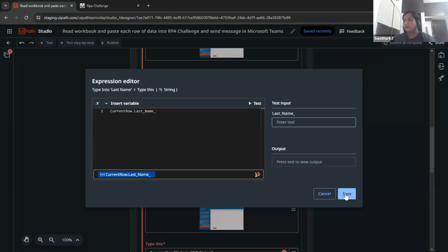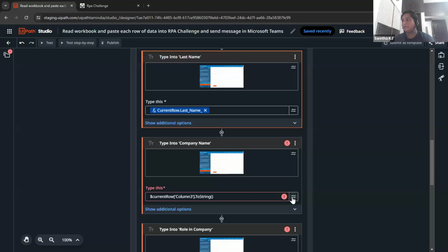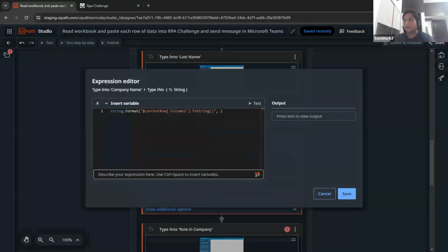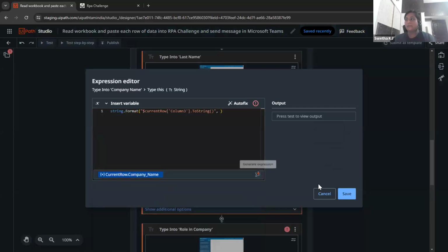All right, current row dot last name. So yeah, I am doing this manually. Yes, it requires some level of manual interactions as well, but it is easier.